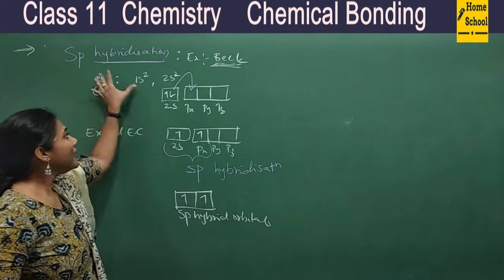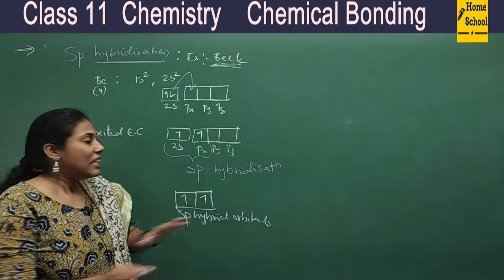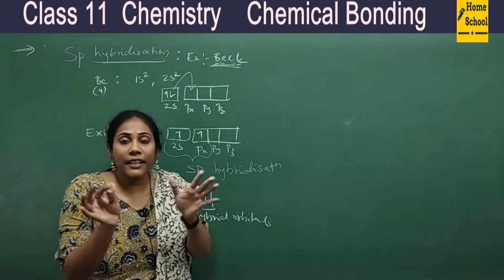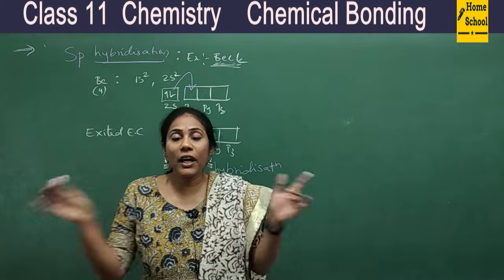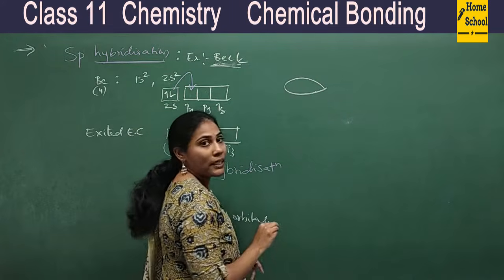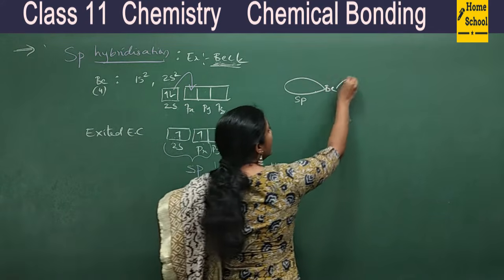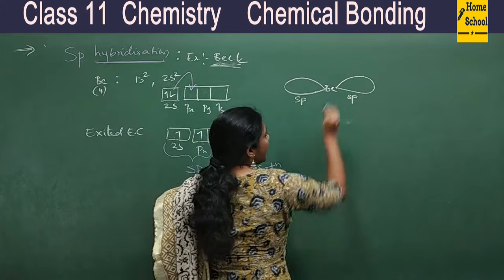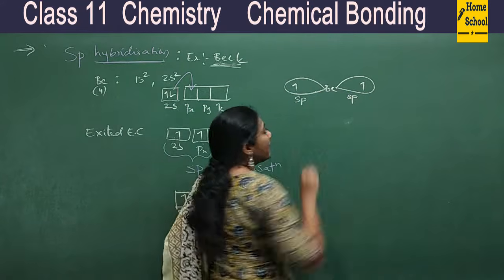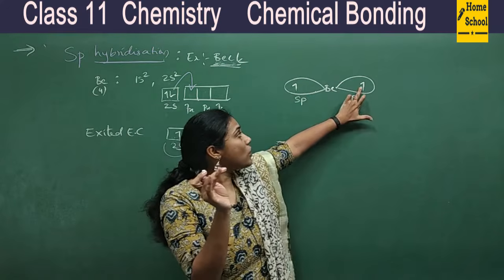So now beryllium has two new rejuvenated orbitals with single electrons, ready to overlap with the orbitals of Cl. But if two orbitals are there, they have a different shape and a different orientation. Usually this is the way of representing a hybrid orbital. So this is one sp hybrid orbital. Imagine here is a beryllium and it is holding another sp hybrid orbital in this fashion. Both of them should stay as far apart as possible to avoid repulsion. If they are very near like this, this carries an electron, this also carries an electron.